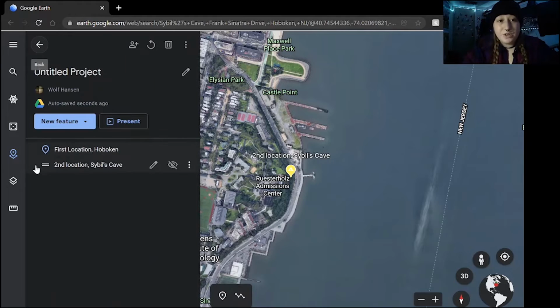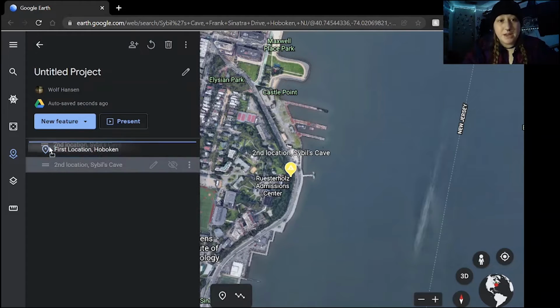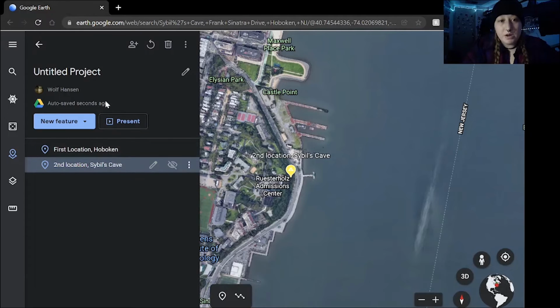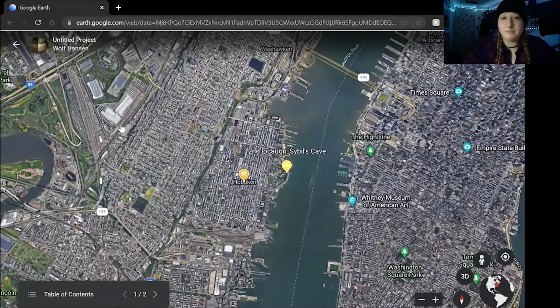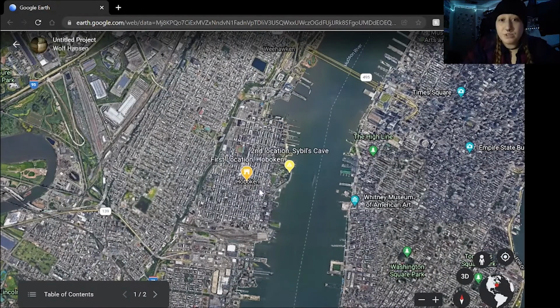Alrighty, so like I said, you can move them around. Let's say they went to Sybil's Cave first. We can move that in front of the other one. Now I'm going to show you how to present it. So this little present button right there, we just hit it. It starts off at your first location, which is Hoboken right there, and it's going to have